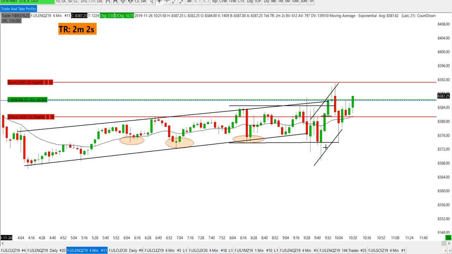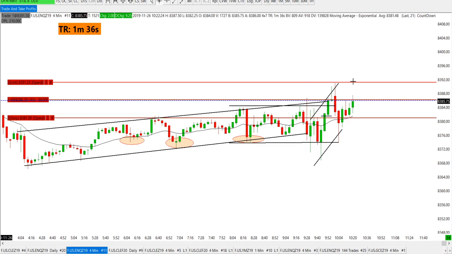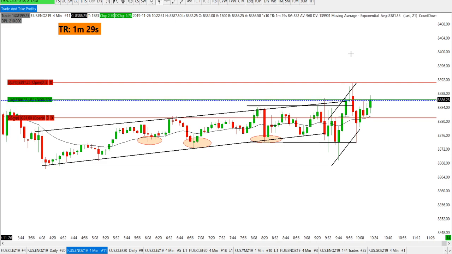Not take a loss. Willing to, what do you call that? Be patient and, what's the word I'm looking for? Miss out on trades. I'm looking to be very, very patient. So even if I take a loss on this one, I'm okay with this. Okay. Right now, it looks like smart money wants to push this market to go higher one more time. So that's what I'm looking for.